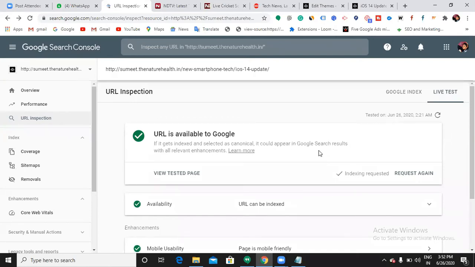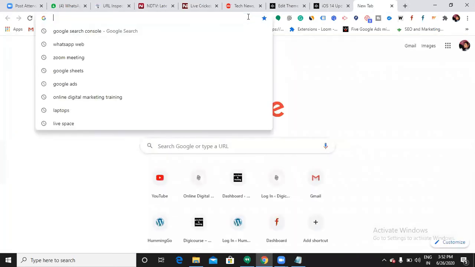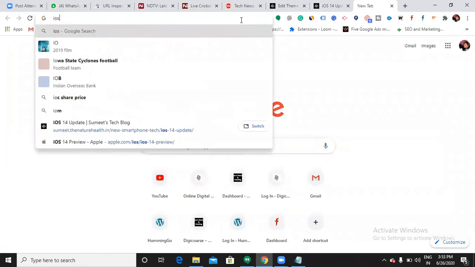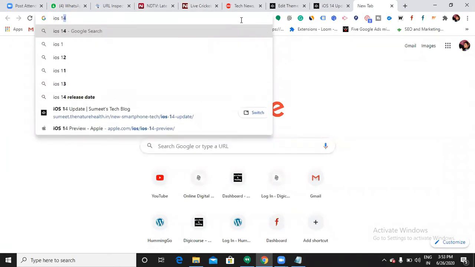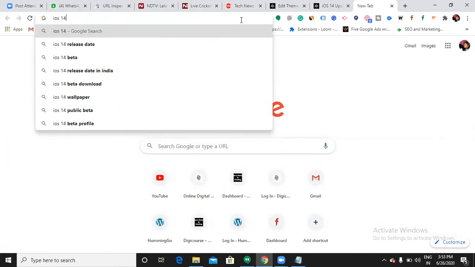So let us try to find out the positions now. How would you like to find out the positions? Normally we will be searching for a keyword, right? Tell me, Sumit, what is your keyword now? iOS 14 update.